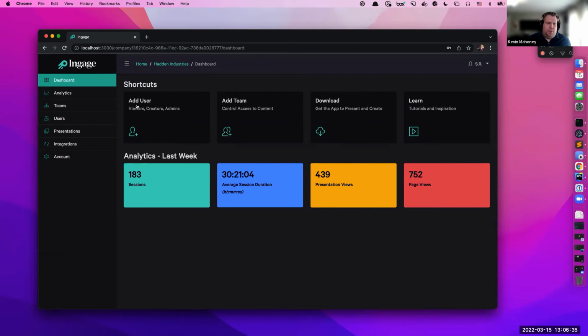Now to talk about the bottom part of the dashboard, the colorful 4 tiles you see before you are our analytics tiles. And those are meant to give you sort of a health report or a nice heartbeat of how your company and presentations are doing. And we're looking to add more value to this in the next month or two and beyond. So definitely stay tuned. But to talk about what we have here right now,